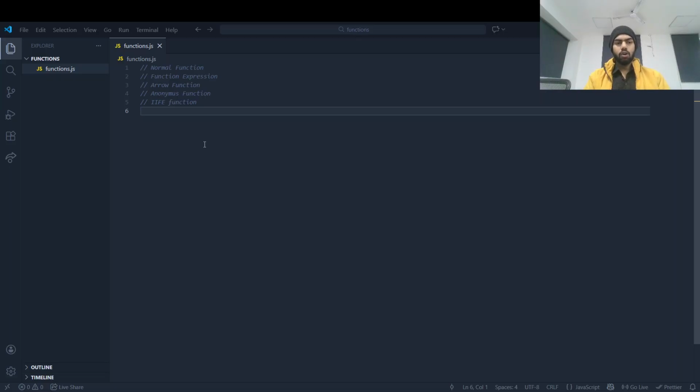Now we have another function, the callback function, and then we have higher order functions. So guys, there are several types of functions. Some are mentioned here. Today we will go deep dive into the normal functions.